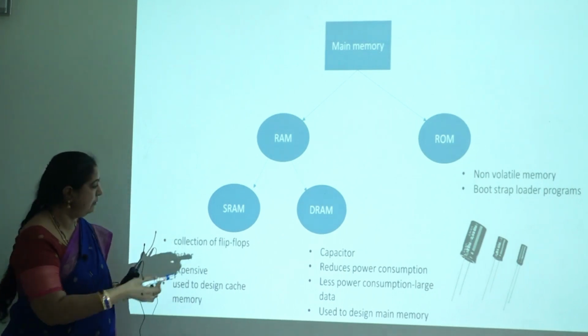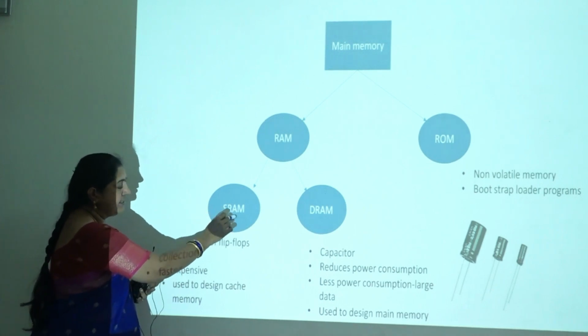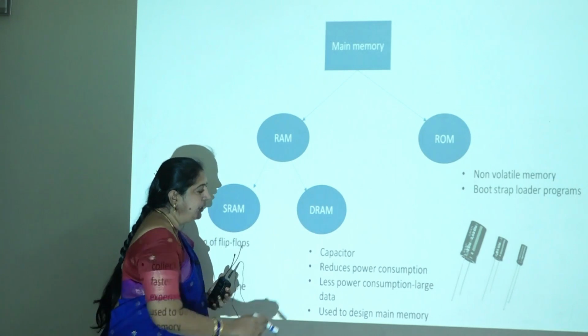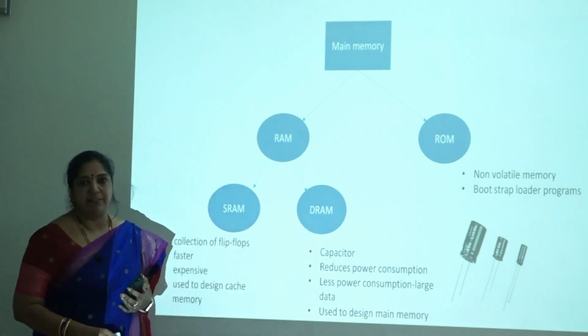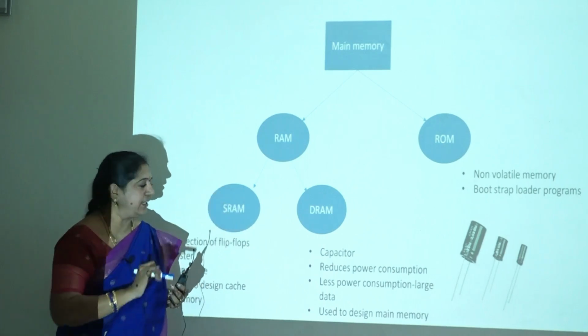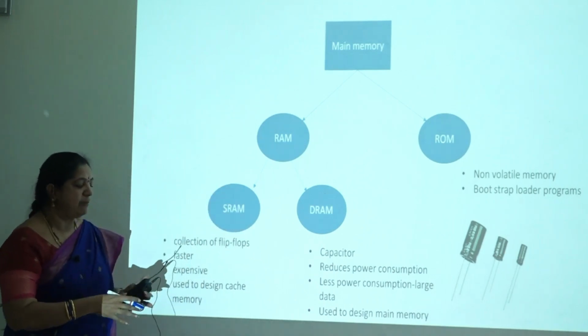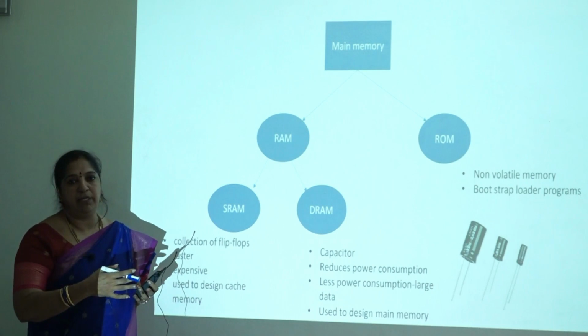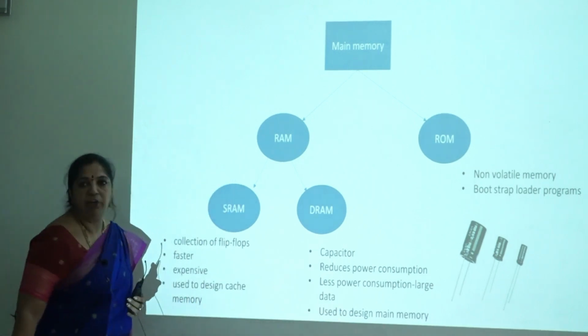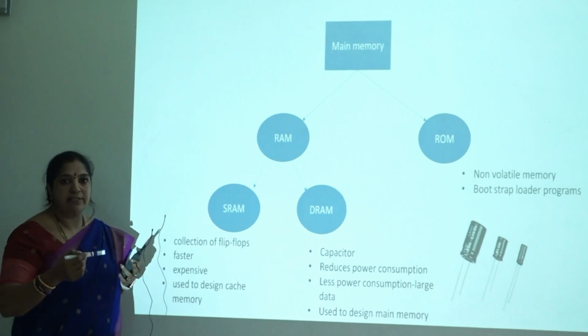That is the main difference, characteristics of static RAM. Coming to dynamic RAM, it uses capacitors and it reduces the power consumption. So less power consumption, and large data can be stored. That is the reason it is used for the design of main memory, because comparatively the size,